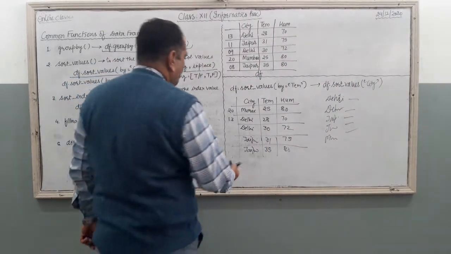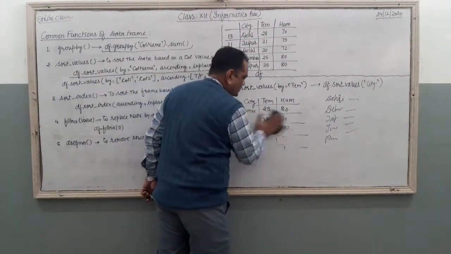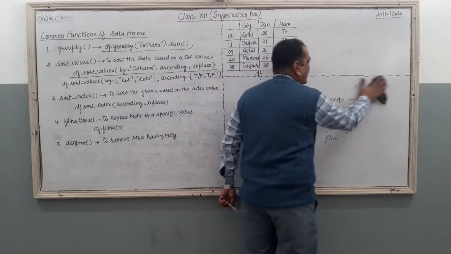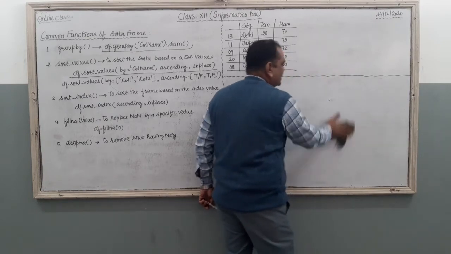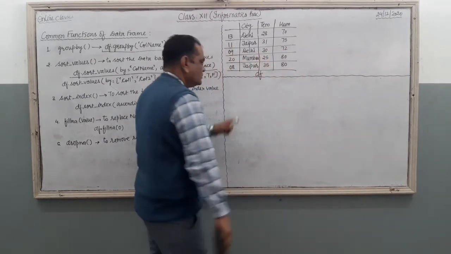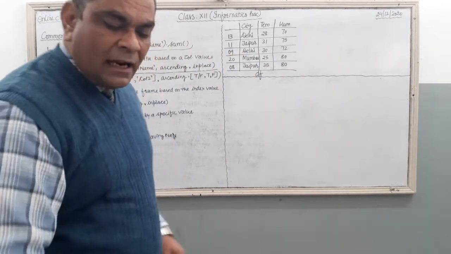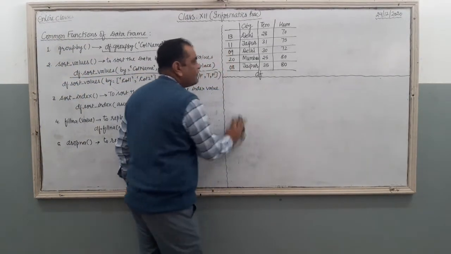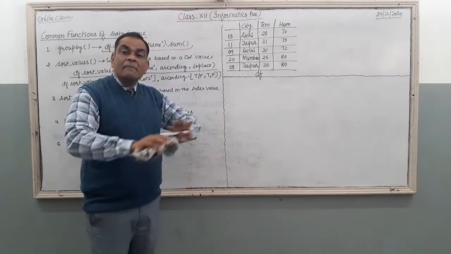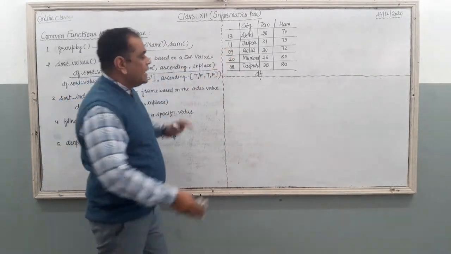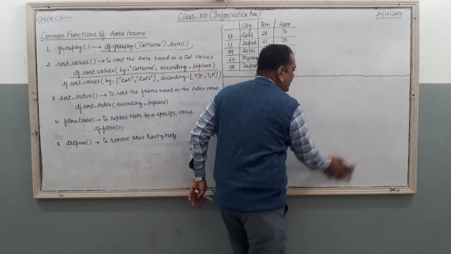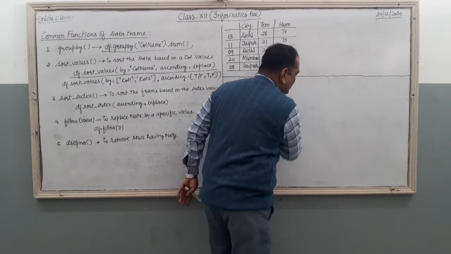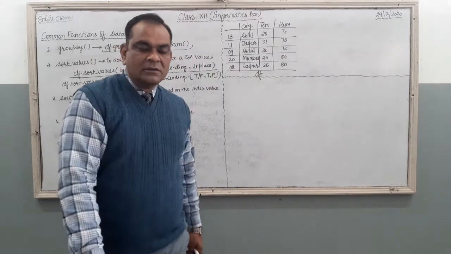Now, if you want to use these two attributes, just see, if you apply this sorting command like this one, then the actual data frame remains the same. In the actual data frame, the records have no change, they will remain like this. You will only see the output according to your sorting condition. Actually there will be no change anywhere. Right?